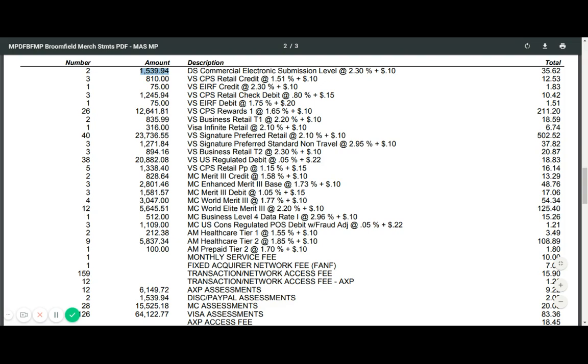$1,539.94. Now again, if you'd like to do the math, what you would do is take this total volume, $1,539.94, multiply that by the Discover interchange rate of 2.3%, and then add 20 cents because it's 10 cents per transaction and there were 2 of them. If you were to do that, you would see that that does equate to the total listed here of